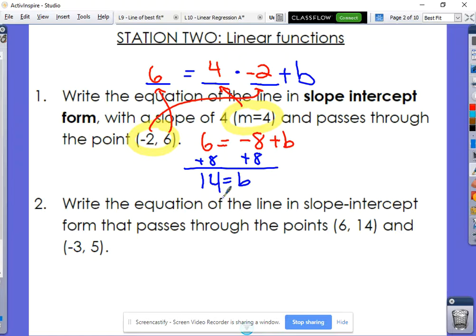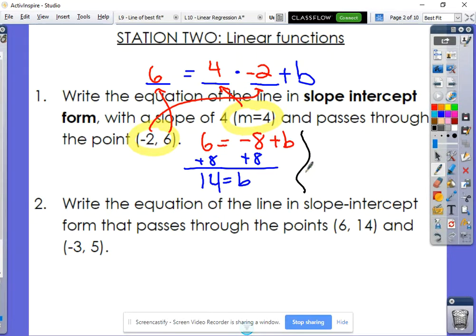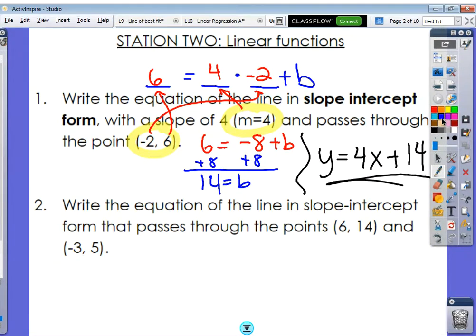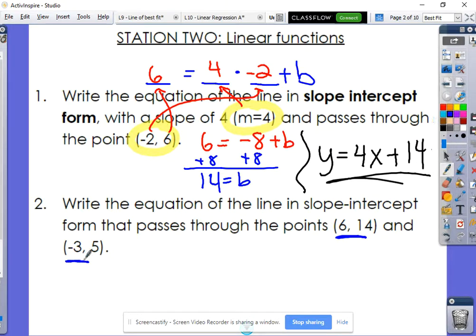That's not your answer. That's the last piece of our equation. Y equals our slope, which is 4, so 4x, plus the b value, 14. There you are. Number 2 is pretty much the exact same question, except you have to find the slope first